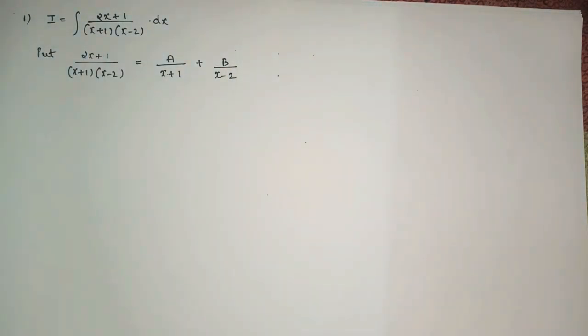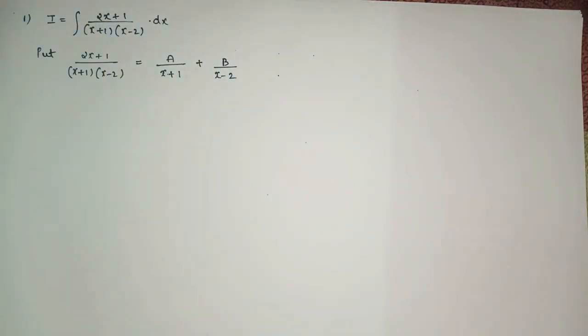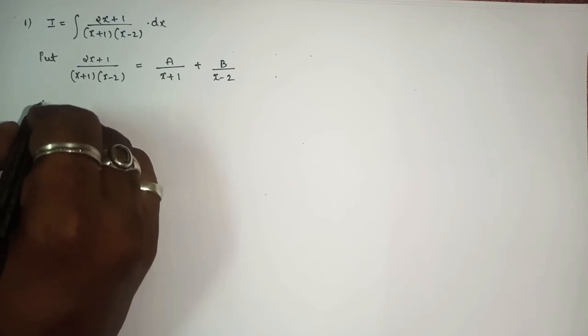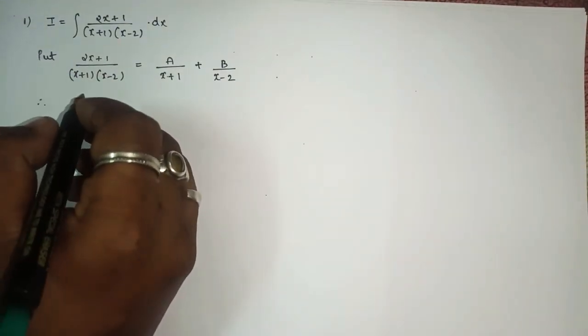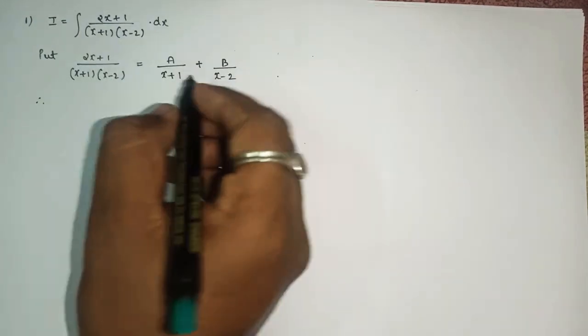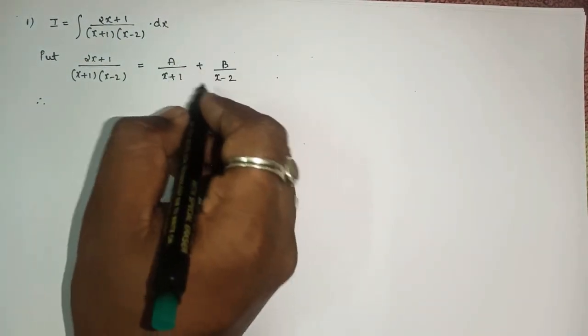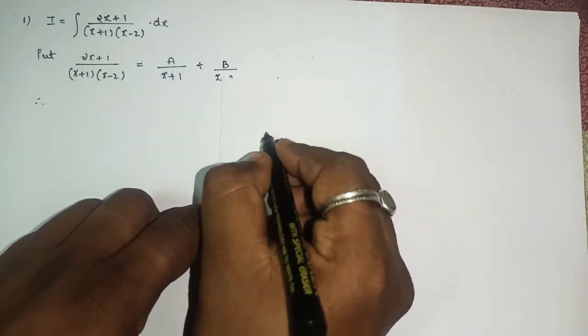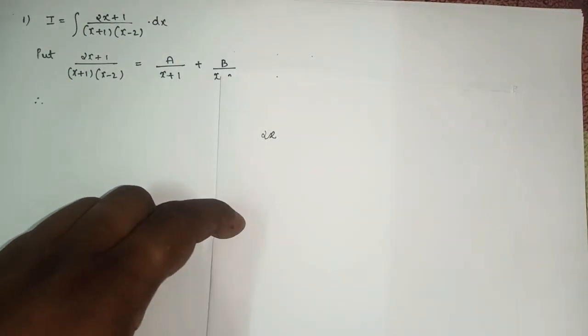Now to find the values of A and B, there are 3-4 different methods in which you can find your answer. Out of those different methods, I will show one of the easiest methods from which you can find your answer for A and B. So simply here, the first method is what? Cross multiply this section, so this will come to this side, like I will show this expression here.